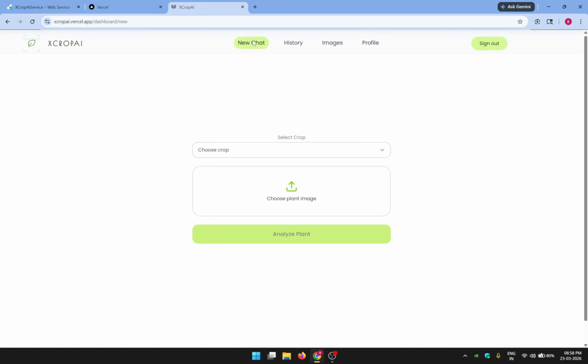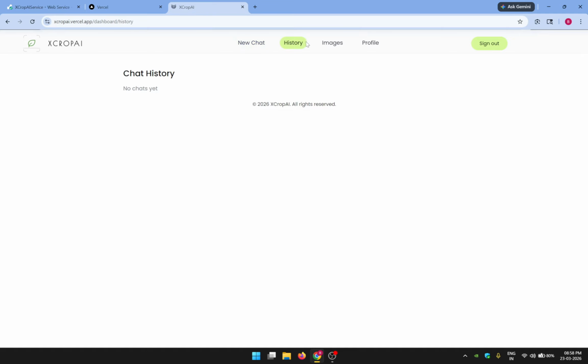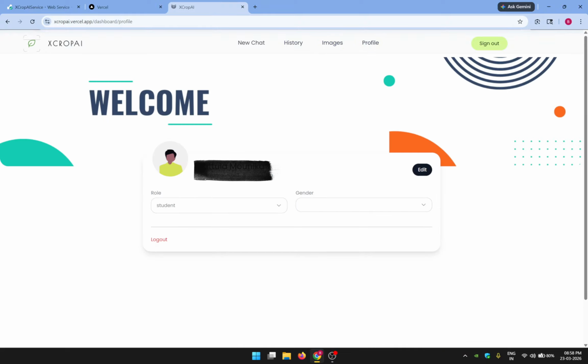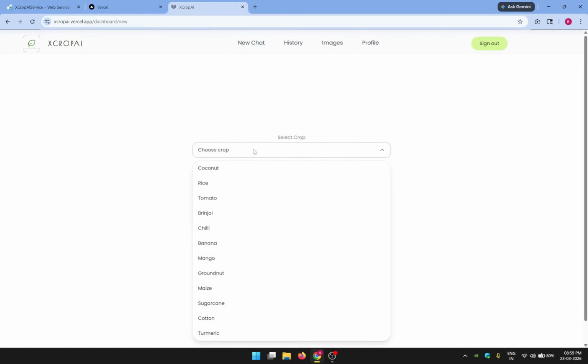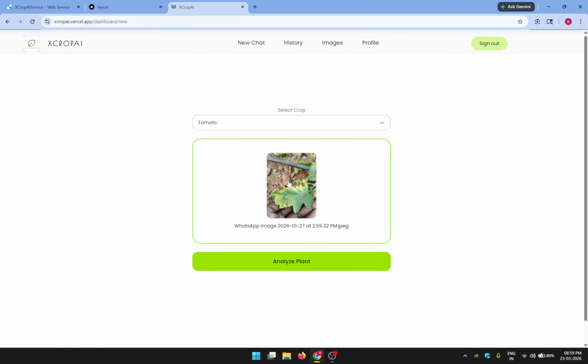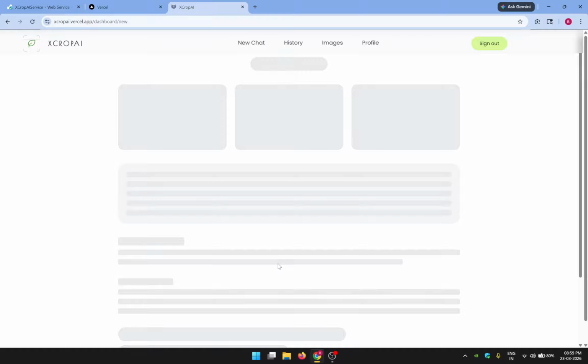This is the new chart, this is the history associated with it, these are the images, and of course this is the profile. The profile details are taken from the Google email. What happens here is you give a crop name. Let me say I'm giving tomato, and I add this image. If I try to analyze it, the analysis takes time because I used two LLMs